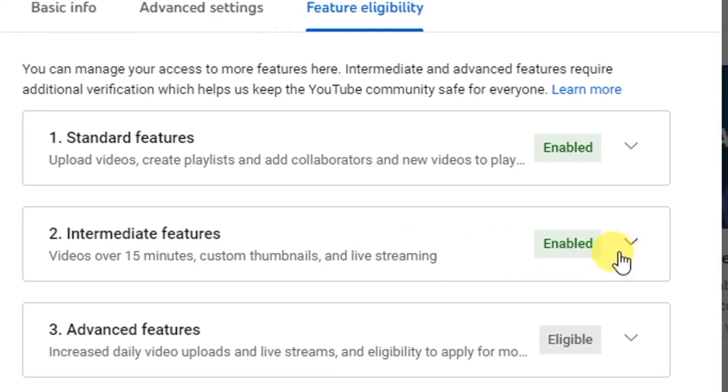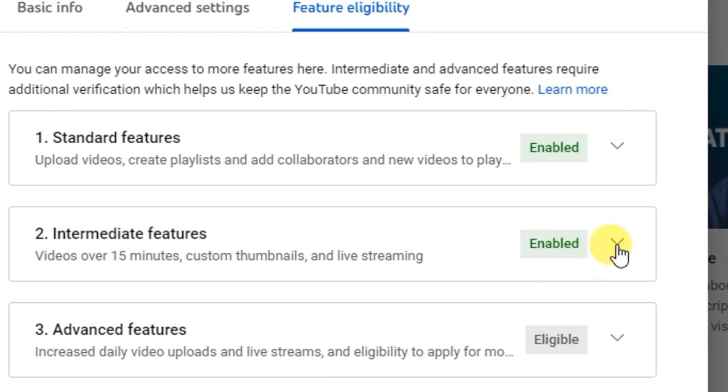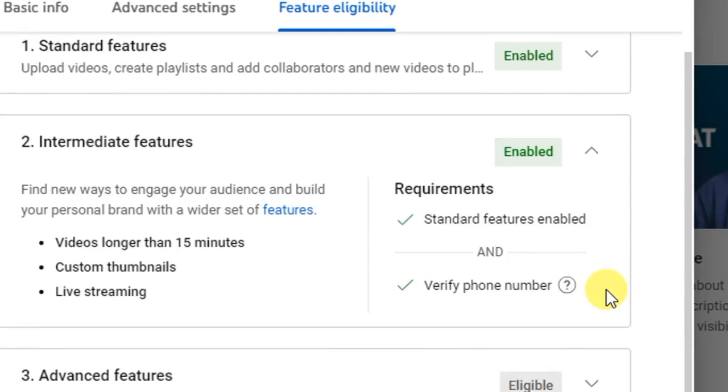Okay, how do you get started? You are going to click on this drop down button here. Yours could be eligible and not enabled. Mine is enabled because I have done it. So you are going to click on this drop down button, and when you click on this drop down button, what they will ask you to do